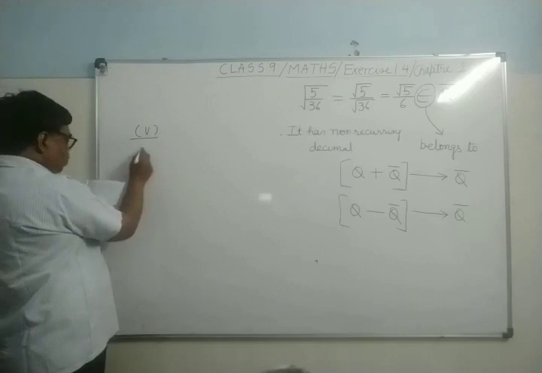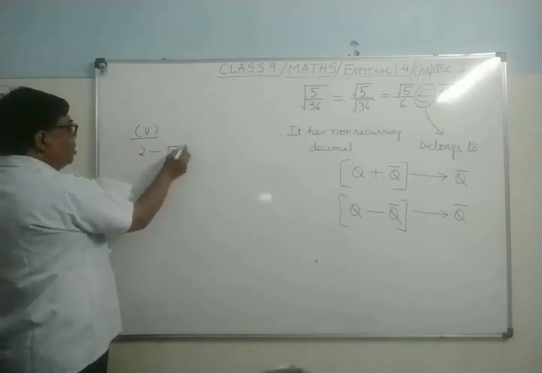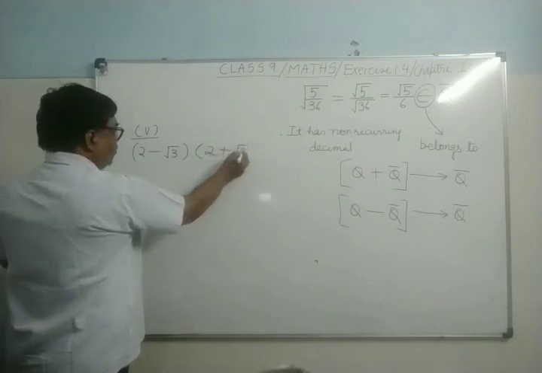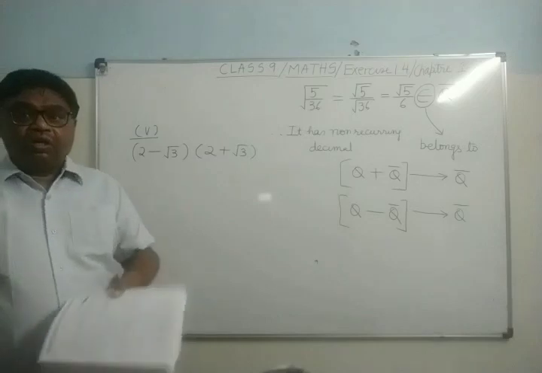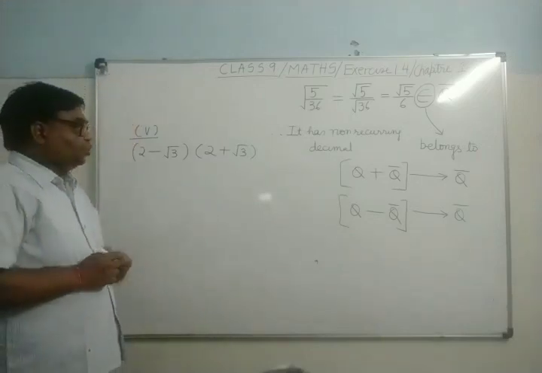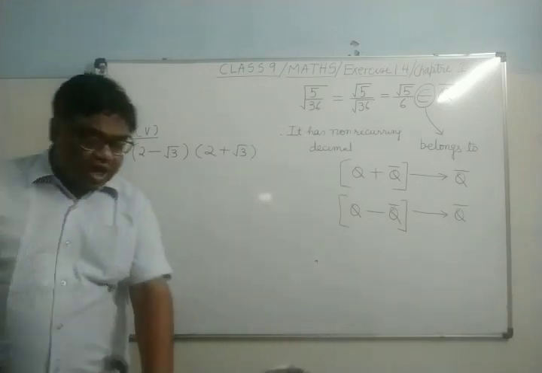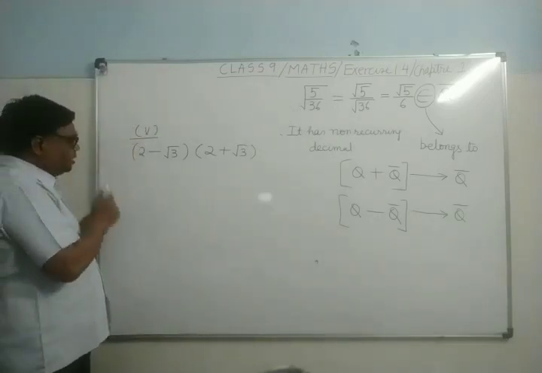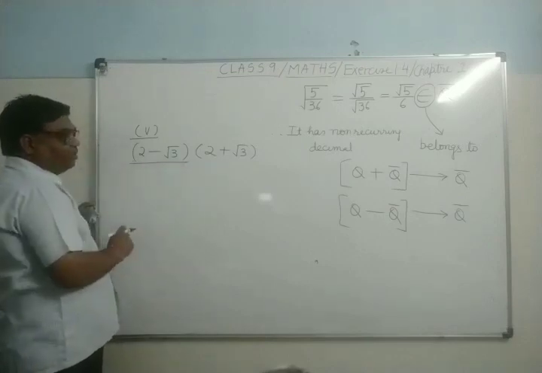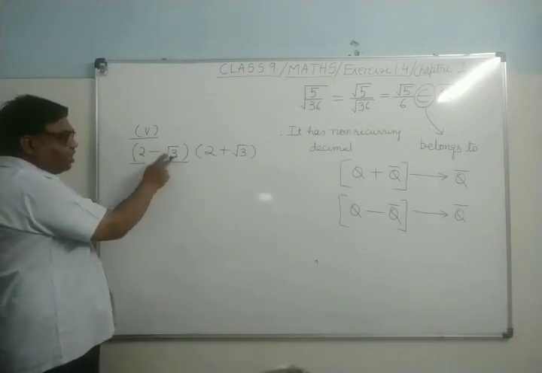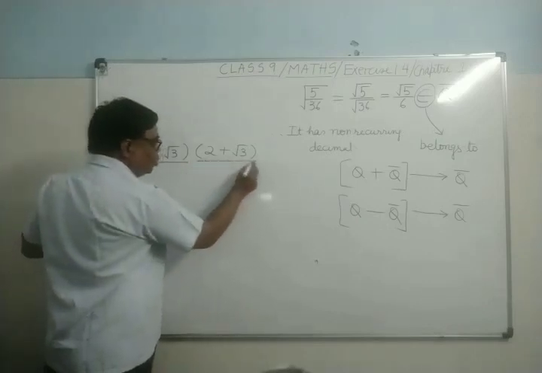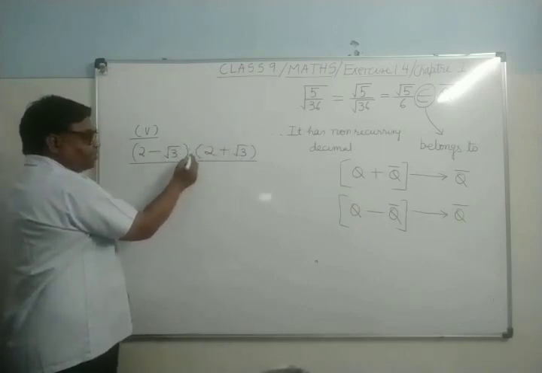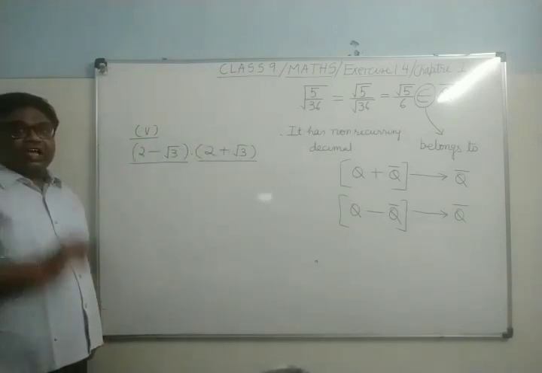the thing which I want to tell you. Here you can see this is the fifth part. 2 plus root 3. Here it is the product of these two numbers, whether these are rational or irrational. This product is rational or irrational. Here this is an irrational number because it is the difference of rational and irrational. This is also irrational, ये भी irrational है, ये भी irrational है. But this product we will see whether it is rational or irrational.